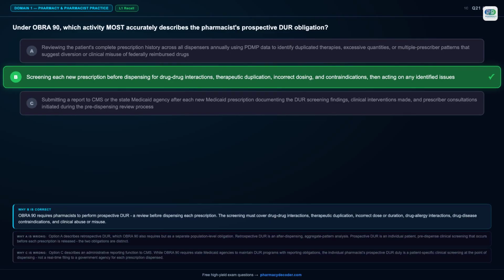The correct answer is B, screening each new prescription before dispensing for drug-drug interactions, therapeutic duplication, incorrect dosing, and contraindications, then acting on any identified issues. Here's why. OBRA 90 requires pharmacists to perform prospective DUR, a review before dispensing each prescription. The screening must cover drug-drug interactions, therapeutic duplication, incorrect dose or duration, drug allergy interactions, drug disease contraindications, and clinical